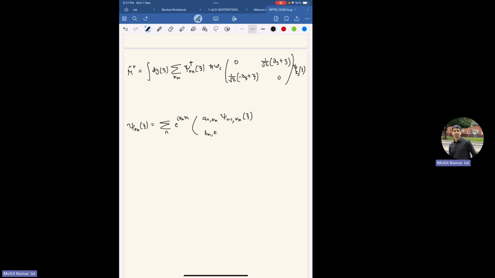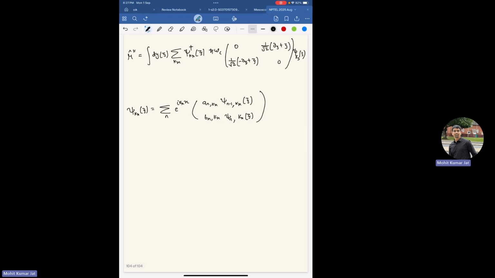Similarly, b n kx psi n kx, and with this expansion, the Hamiltonian you can play with, and that will read h bar k is equal to h bar omega c l_B times del xi, sum over kx n n prime, and then your raising operator a dagger n kx, complex conjugate of psi n minus 1 kx xi, b n, the complex conjugate of the dagger basically, and then psi n kx,